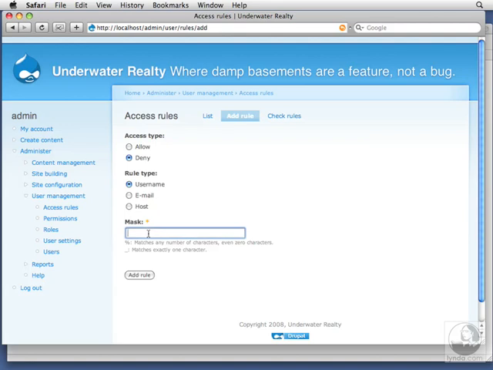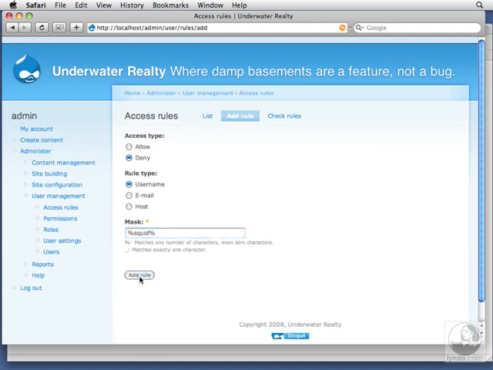Let's say that we want to deny all people with usernames that contain squid in them. These special characters down here let you block certain kinds of wildcard patterns. The % sign blocks all strings no matter how long they are. So, for example, if I didn't want Squid Sue and Joe Squid, I would say %squid%, and then add